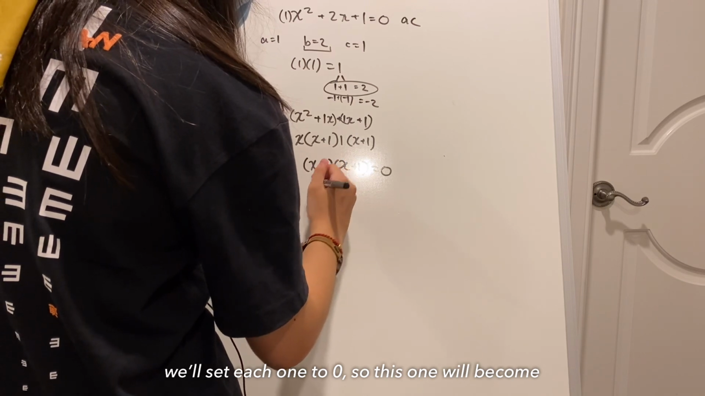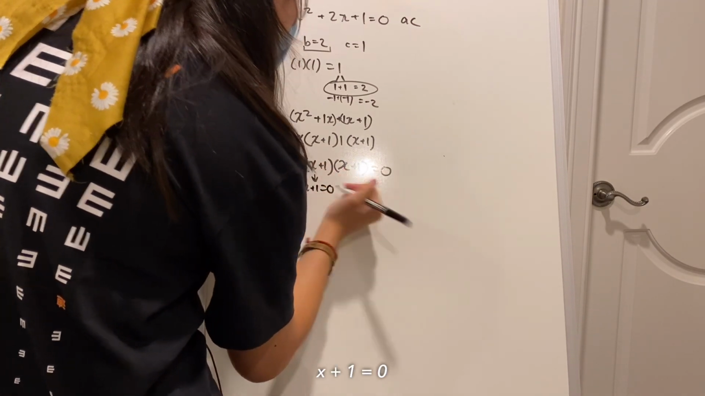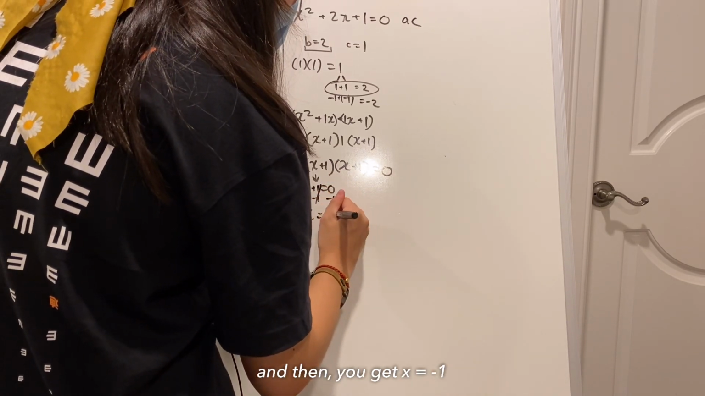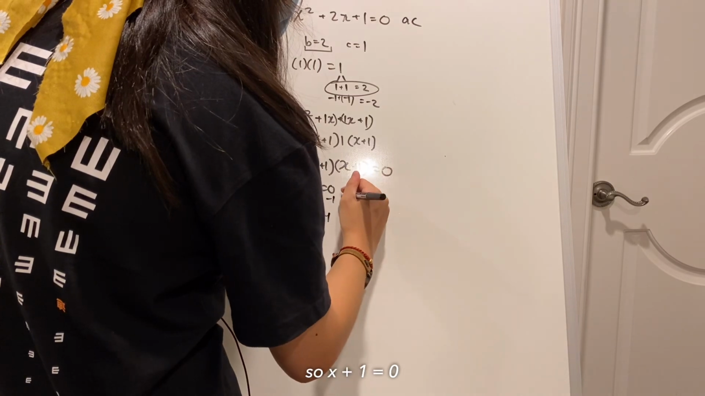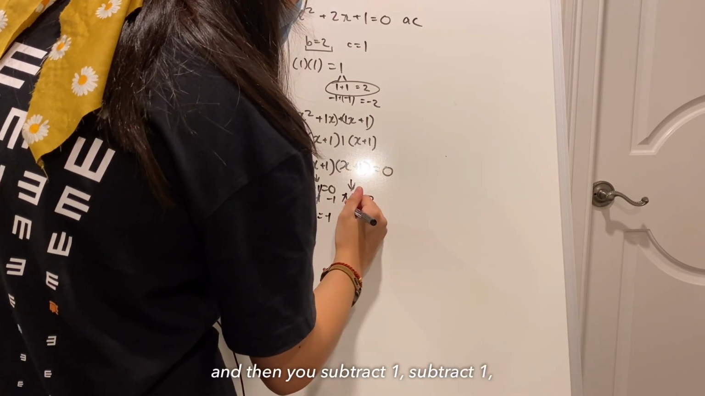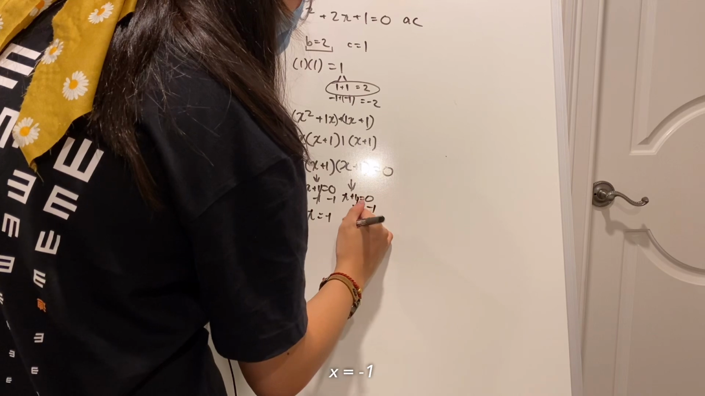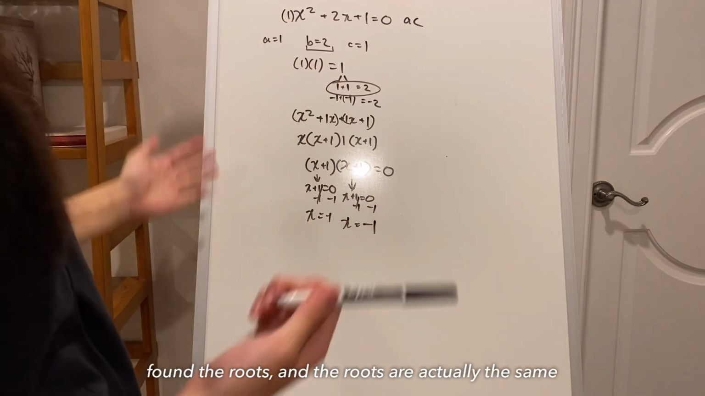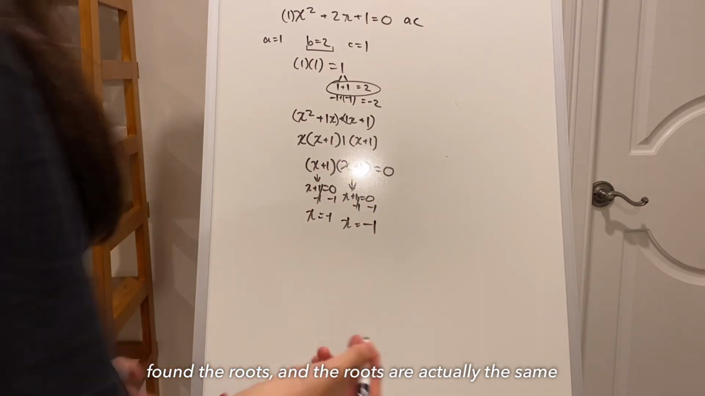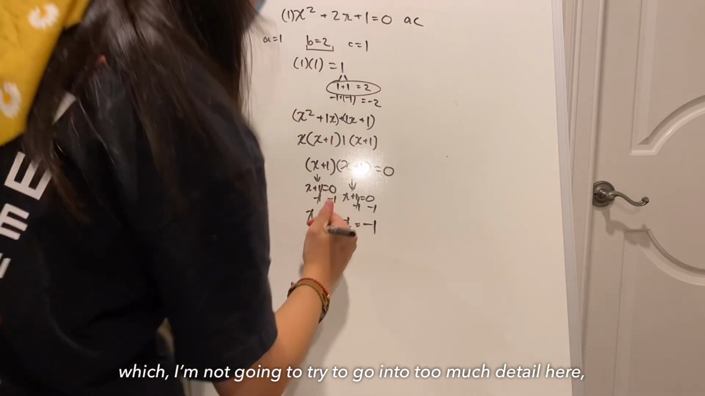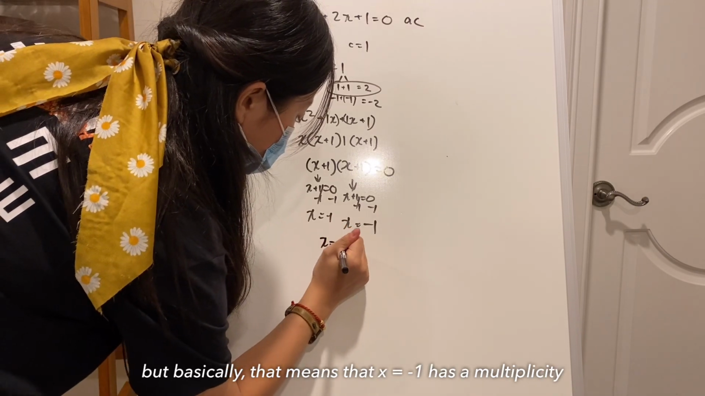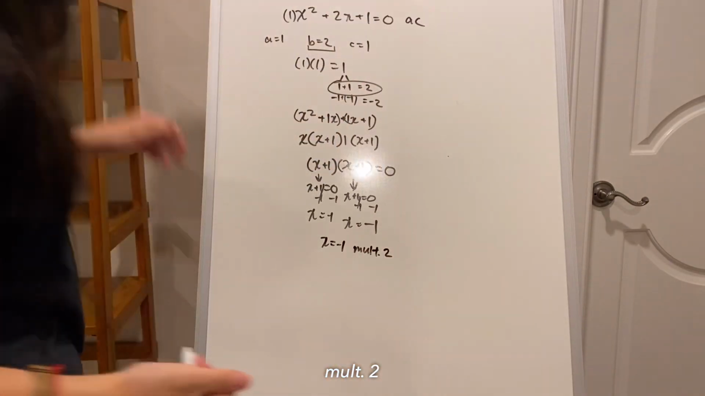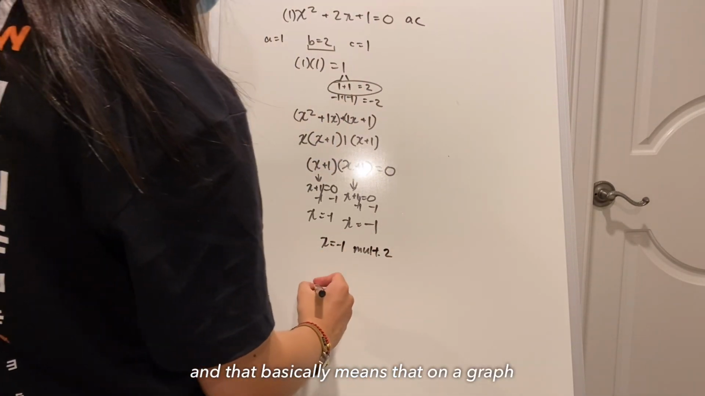So this one will become x plus 1 equals 0, and then you subtract 1 from both sides, cancel out 1, and then you get x equals negative 1. You do the same for this side, so x plus 1 equals 0, and you subtract 1, x equals negative 1. And now you can see we have found the roots, and the roots are actually the same, which I'm not going to go into too much detail here, but basically that means x equals negative 1 has a multiplicity of 2, and that basically means that on a graph